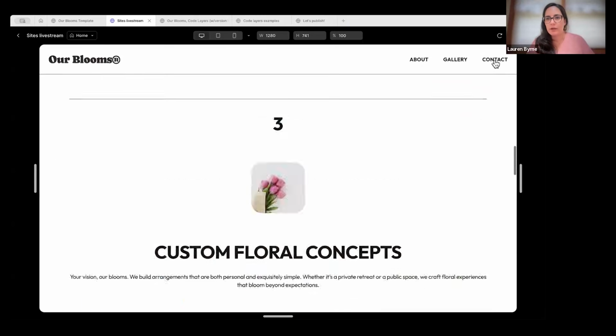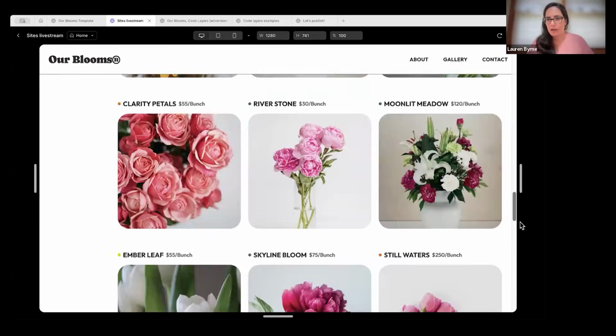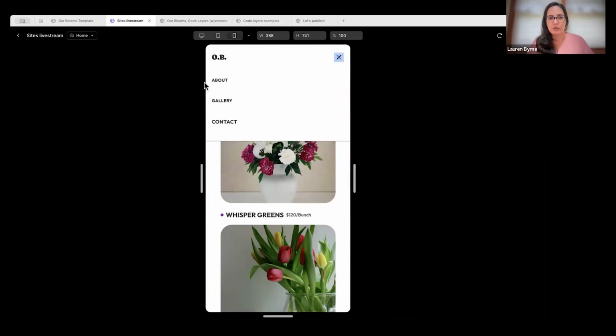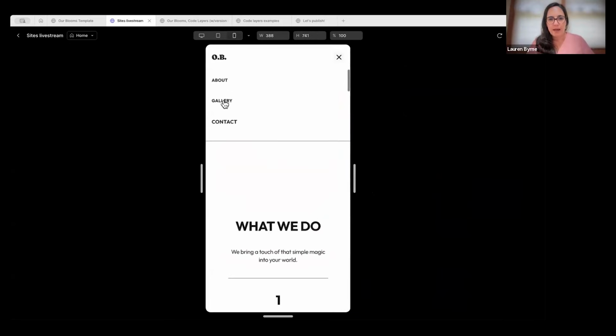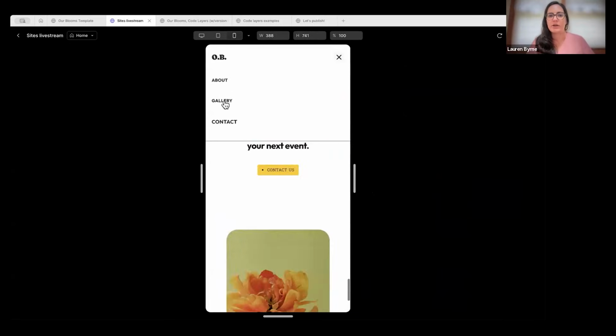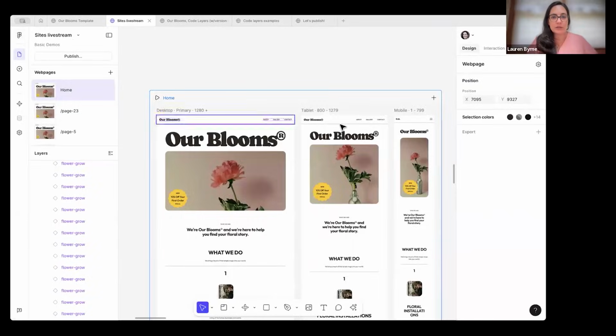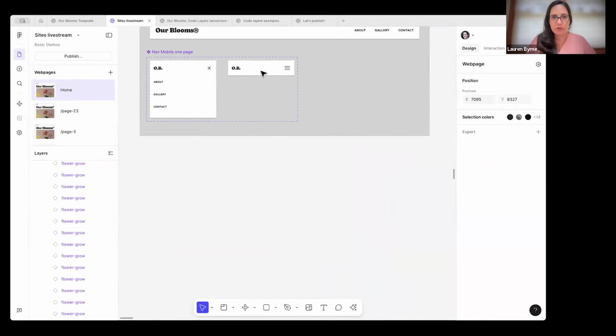So our gallery is going about contact. We're going to scroll it down, get to here. We're able to open, close, and now we're able to scroll to about, gallery, and contact, and all of those are working as expected. So the key, the absolute key, and actually let me just do it real quick